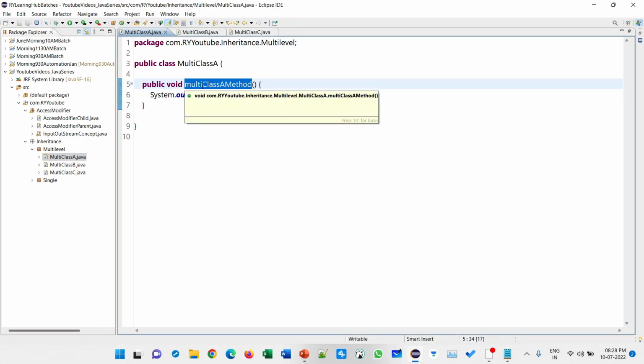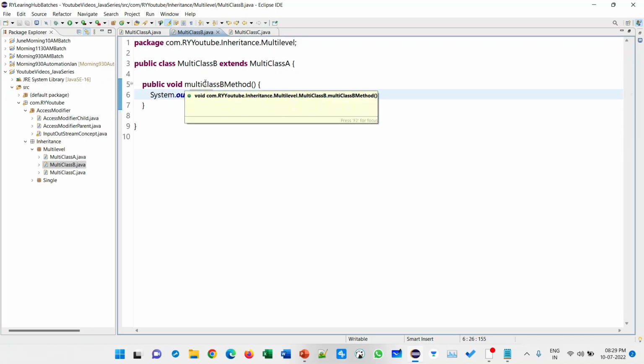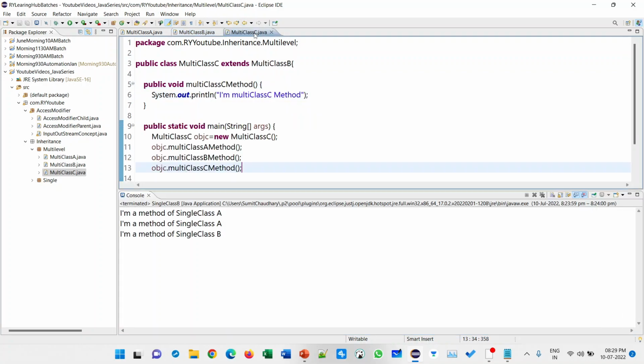A grandfather earned some property, and now as soon as the multi class B inherits multi class A, the A class property is by default accessible for the B class, and C inherits B, so it can access the A class method.